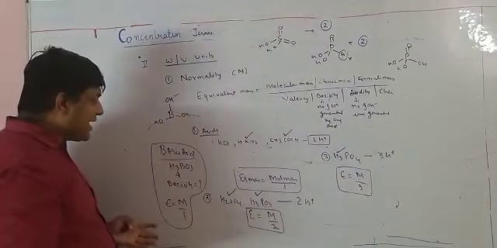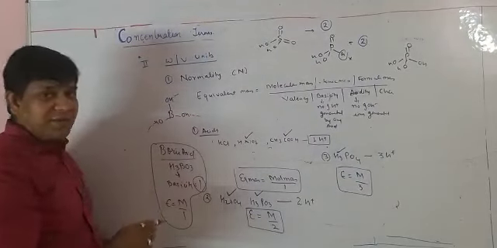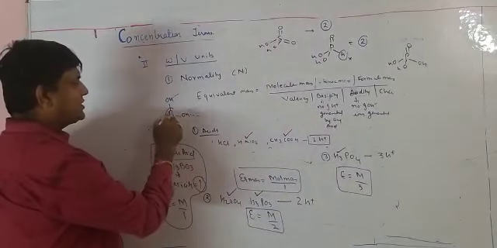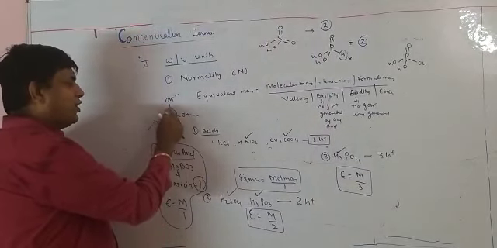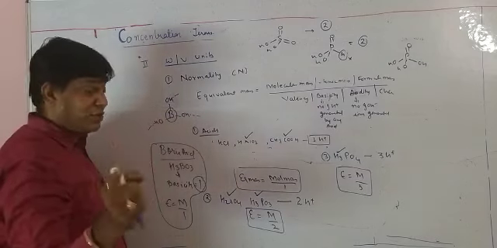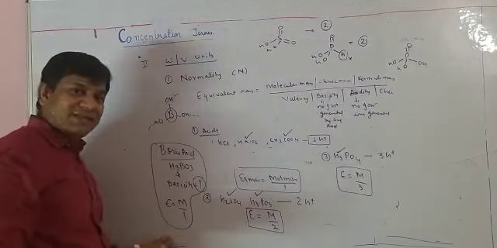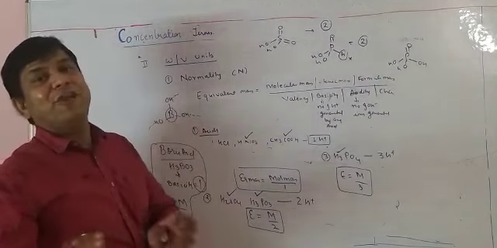Then how can we say that its basicity is 1? Very easy concept. Boric acid, if you are able to see, in this case, the valency of the boron is 1, 2, 3, its octet is incomplete. So, it will be working as a Lewis acid. You know what are Lewis acids? Those which are electron deficient molecules.